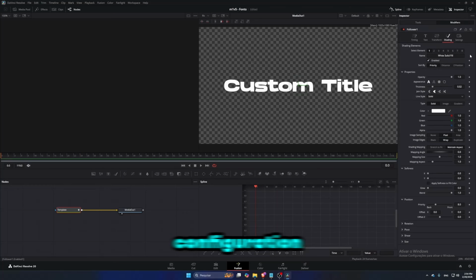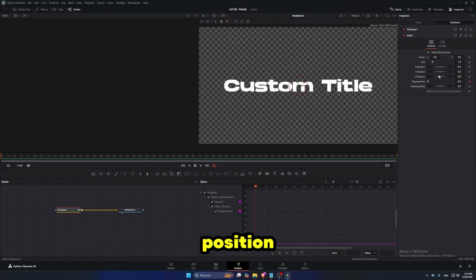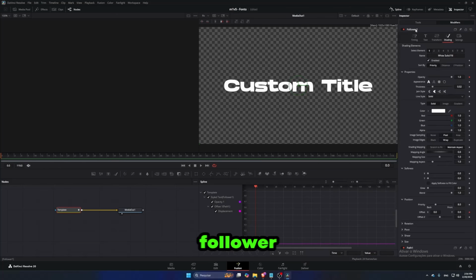Here we are going to make a configuration similar to the previous animation by selecting a keyframe for the opacity right at the start and a keyframe for position to move the height of the text. So by double-clicking up top on the Follower tab,